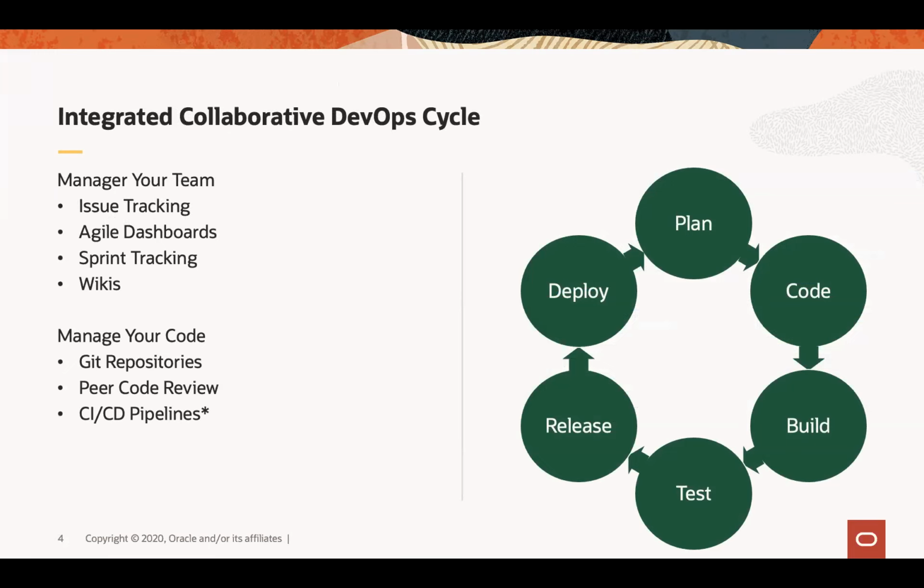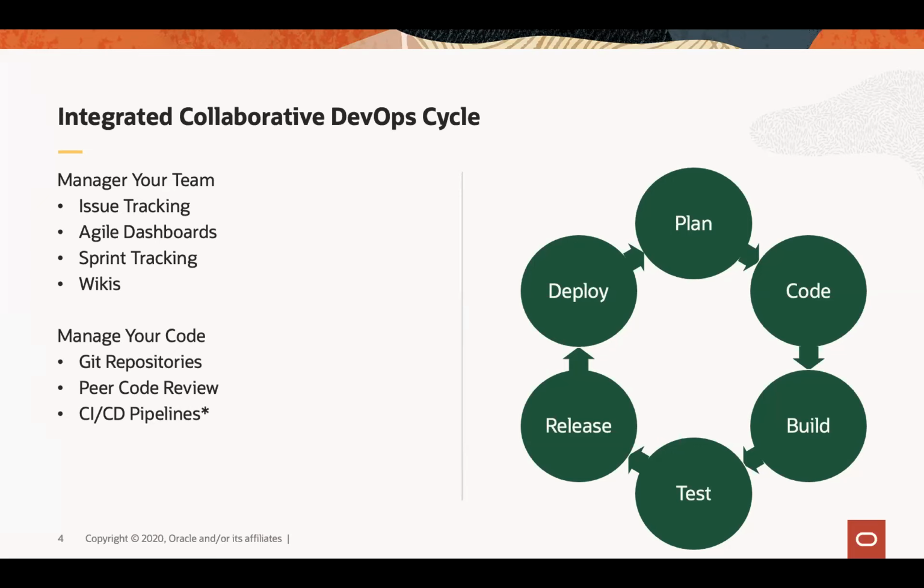And usually when we talk about the DevOps life cycle, we're talking about this circle that you're seeing on the right side, where there's a stage of planning what we're going to do. Then there's a stage of actually coding the application, building it. Building might be, for example, picking up all our dependencies on third-party libraries, bringing them together, connecting everything, resolving all the dependencies and generating the artifacts. Then we can also automate tests of our software, and then we release it and deploy it onto various platforms. Deployment can be deployment to production, but probably before that, you would want to deploy into a test environment, deploy into a QA environment, or maybe deploy some artifacts into another development environment that depends on things that you produce.